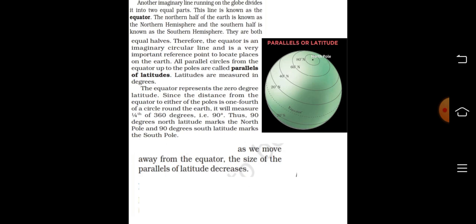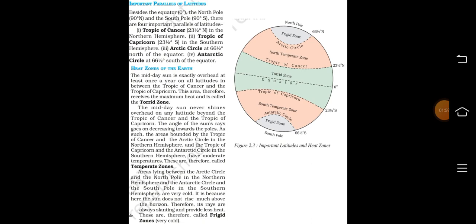Since the distance from the equator to either of the poles is 1/4 of a circle around the earth, it will measure 1/4 of 360 degrees, that is 90 degrees. Thus, 90 degrees north latitude marks the North Pole and 90 degrees south latitude marks the South Pole. As we move away from the equator, the size of the parallels of latitude decreases. Besides the equator at 0 degrees, the North Pole at 90 degrees north and the South Pole at 90 degrees south,